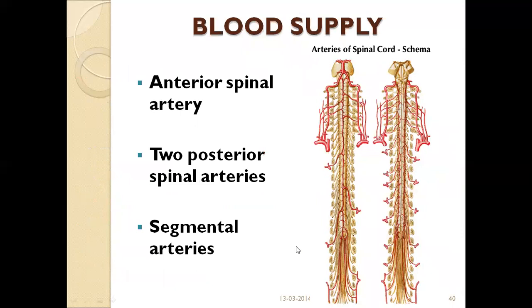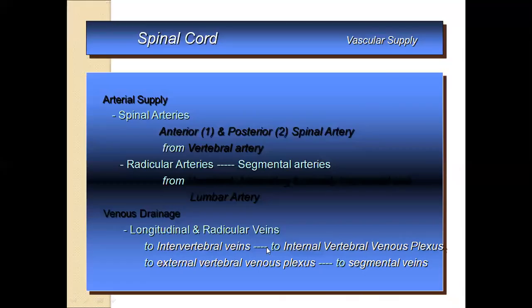Now after that, let us study the blood supply of the spinal cord. The blood supply comes from the anterior spinal artery, which is one in number. Posteriorly, you can see we have two posterior spinal arteries. Then we also have segmental arteries. The anterior spinal artery comes from the vertebral artery. We also have radicular arteries, which come from the segmental arteries. These are branches of the vertebral, ascending cervical, intervertebral, intercostal and lumbar arteries.